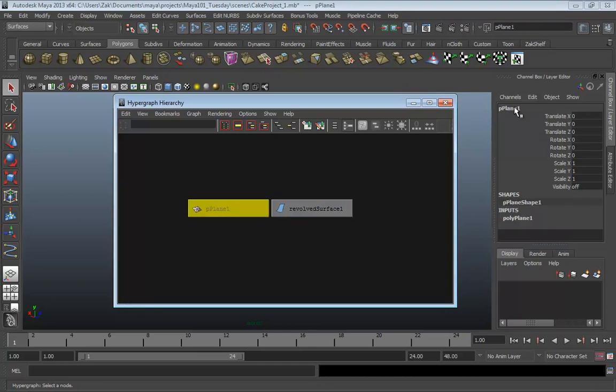We'll take pPlane1, and I'm going to come over here to the channel box and click on its name, and we'll just name this Table. Revolved surface, excuse me, makes a lot of sense to just name that Plate. Now I'm going to select my table and hit